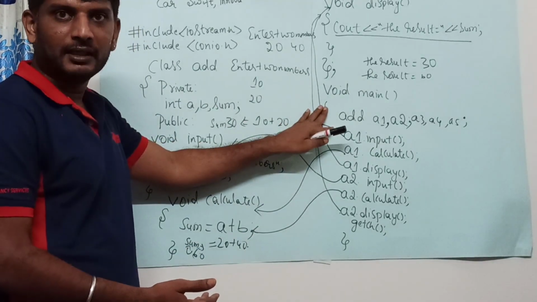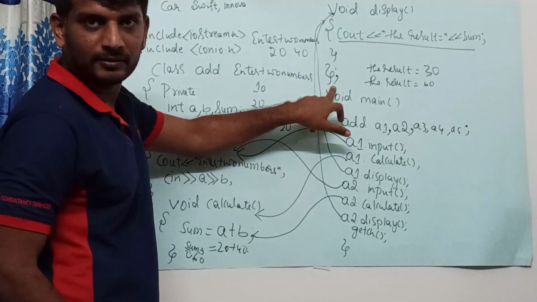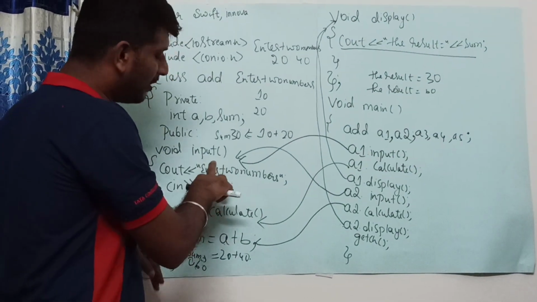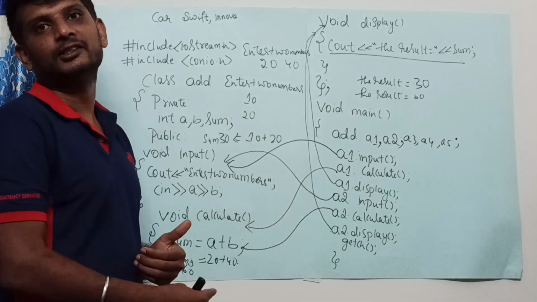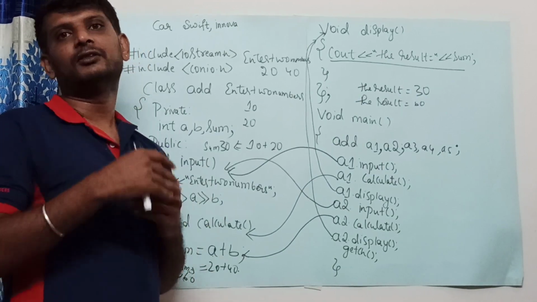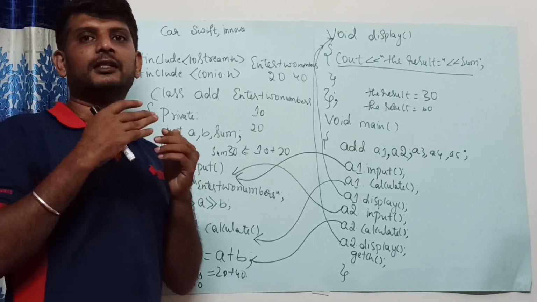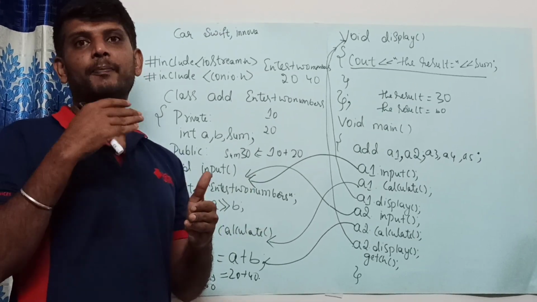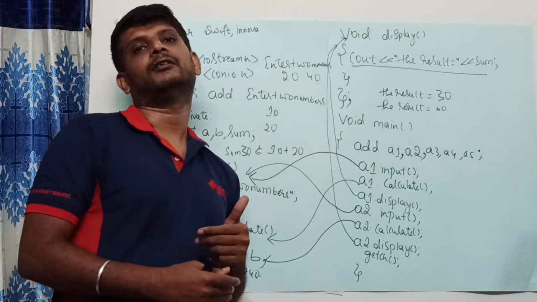This is a program in which you are giving the definition for the member functions within the class definition, creating the member function as well as defining it. You can define the member function outside the class also. That can be done by making use of an operator called the scope resolution operator. The scope resolution operator enables the user to define the member function outside the class. That will be discussed in our next video.